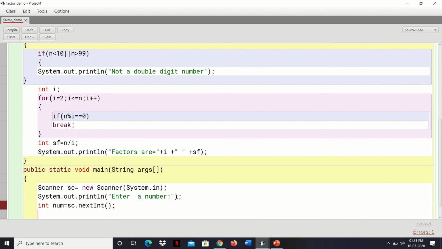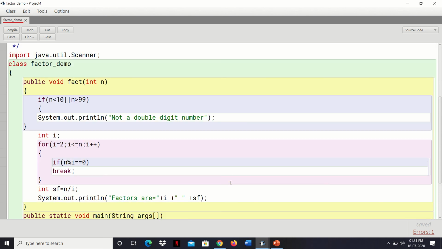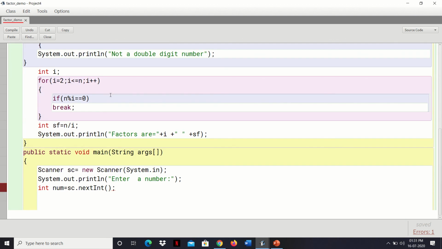Now once this is done, we'll create an object of this class. Which class? The FactorDemo class, the main class. Create the object here: FactorDemo ob = new FactorDemo. Object creation done. Now we'll call ob.fact, passing num as the actual argument.